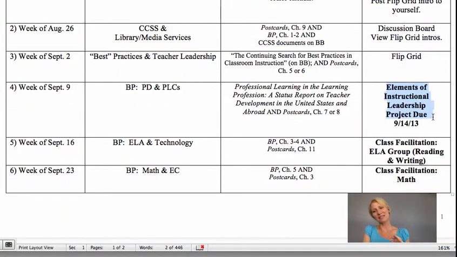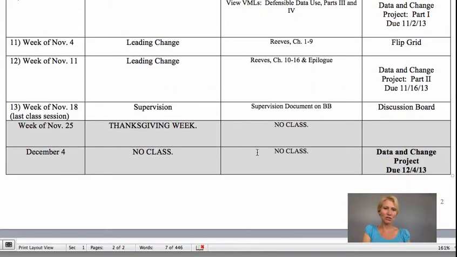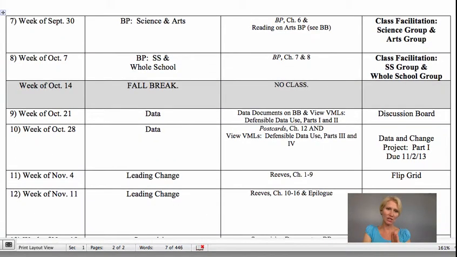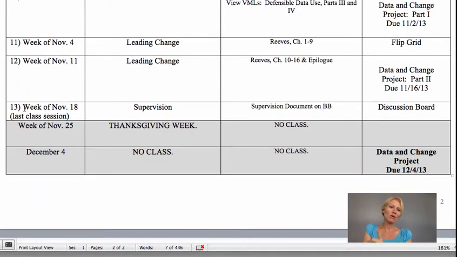Any assessment that's a summative assessment that will be part of your final grade is bolded here. And you will also see that this is sort of interesting and strange. So we have fall break the week of October 14th. And then, believe it or not, our last class will be the week of November 18th, because the week after that is Thanksgiving, and then the week after that is the end of the semester. And that Tuesday, December, whatever it is, is actually reading day. And so we can't meet on that day, but your projects will be due 2 days later on December 4th. I hope this makes sense.